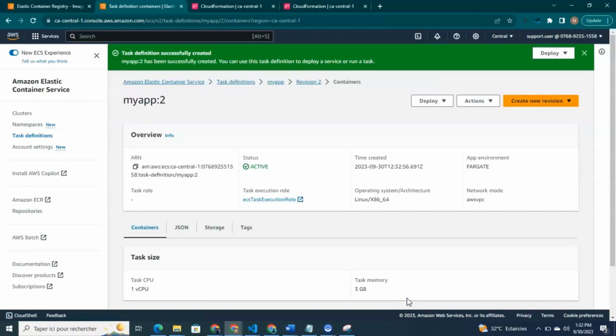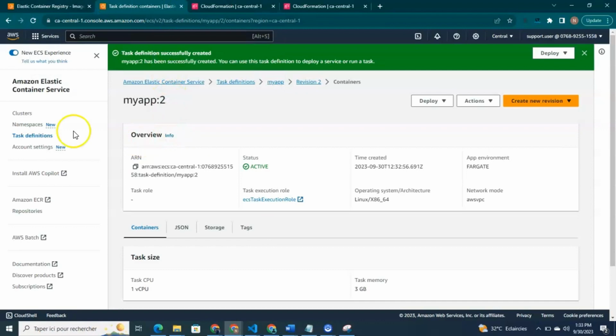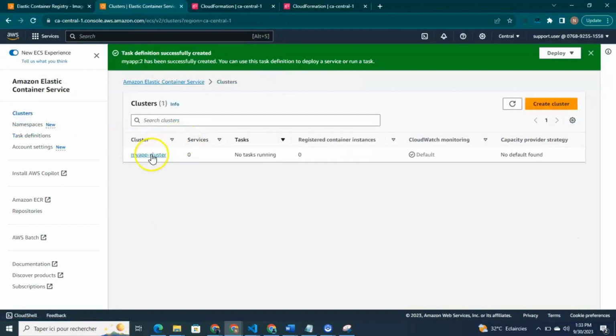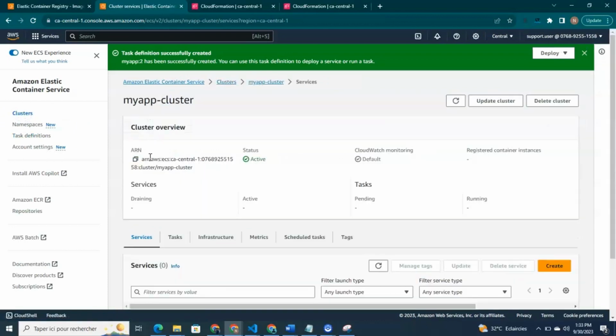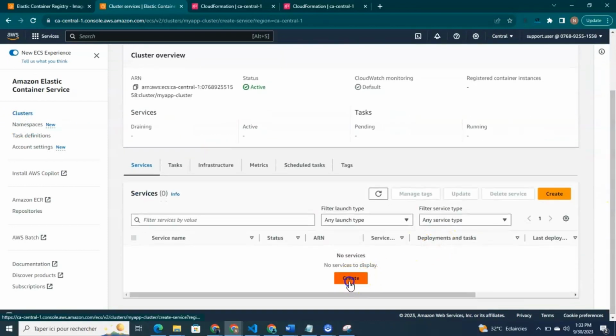It's always good at times when doing stuff you get to see errors. It makes you learn better. So now if I come back to the cluster, let's go to the cluster. That's my app cluster. Then under the cluster, I go ahead and I create